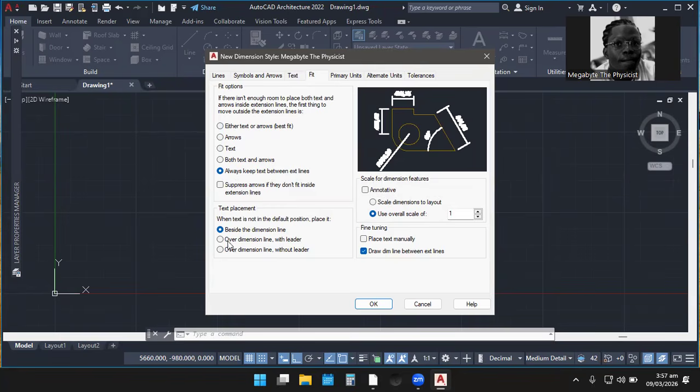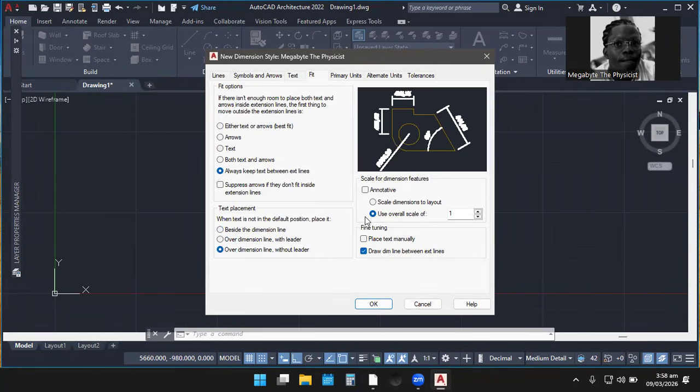Also, what other thing do we want to check? Let's look for the text placement. So they are saying when text is not in the default position, place it over dimension line without leader. Okay, and that is cool.